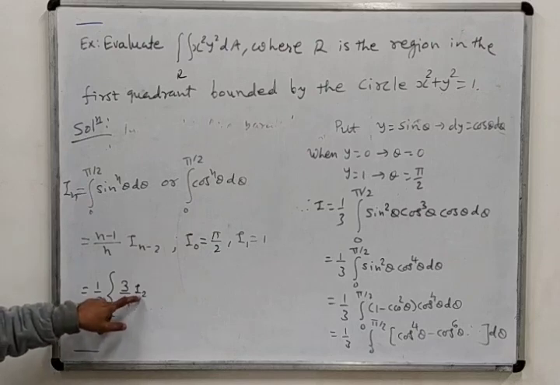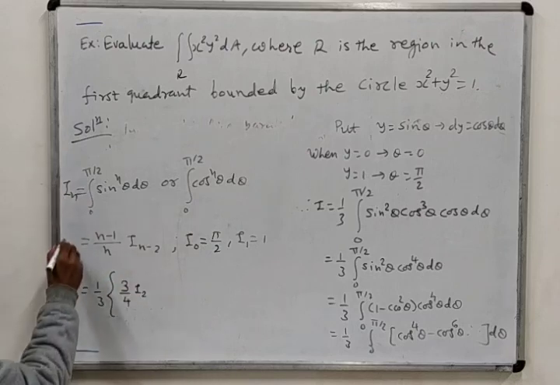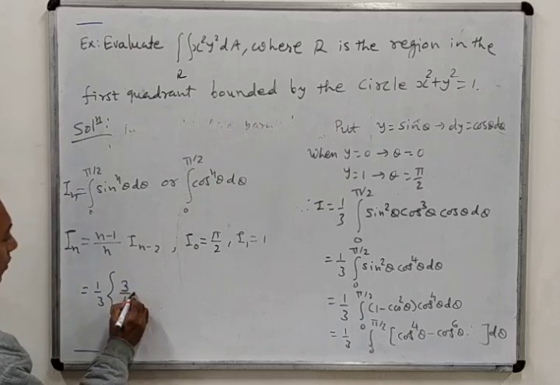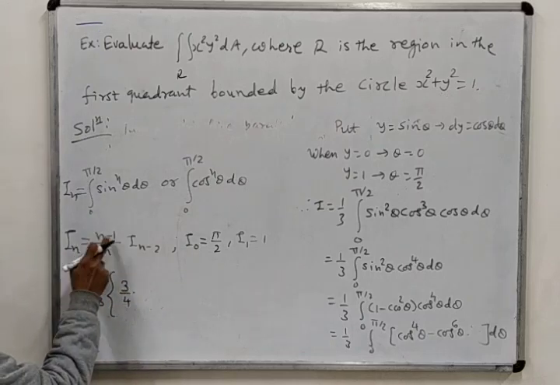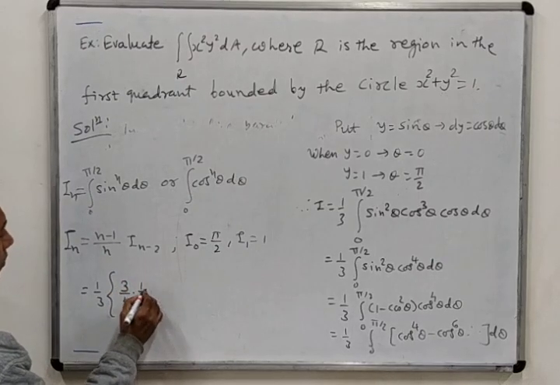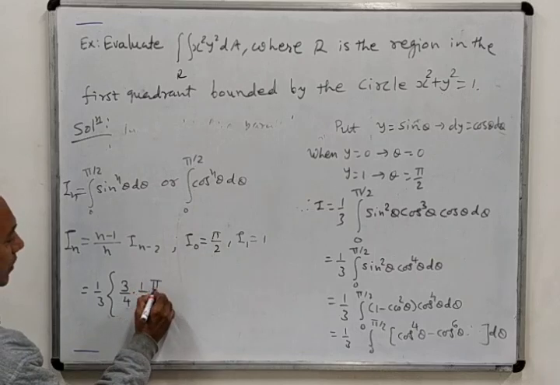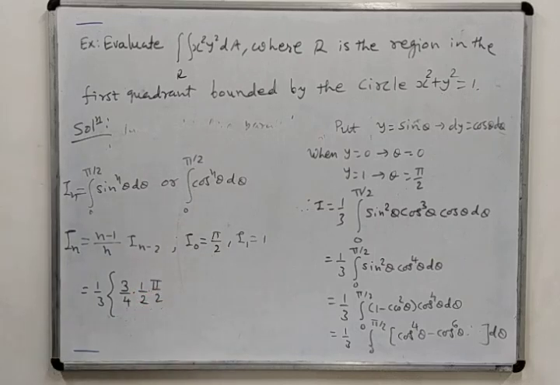But for the same I2 we can again apply the same formula because it is the recurrence relation. The recurrence relation means the same formula we can apply again and again. And this kind of recurrence formula we have also seen for the gamma function, if you remember. So again we put n equal to 2 to determine I2. So into n equal to 2 now, 2 minus 1 divided by 2 into 2 minus 2, that is 0, I0. But I0 is pi by 2. Yes, so this is the value.